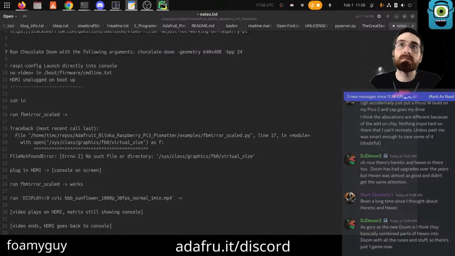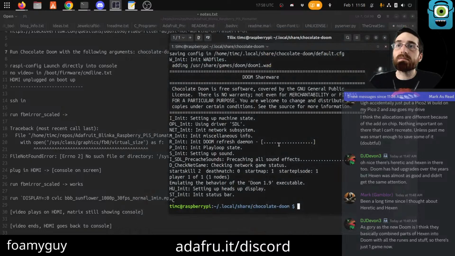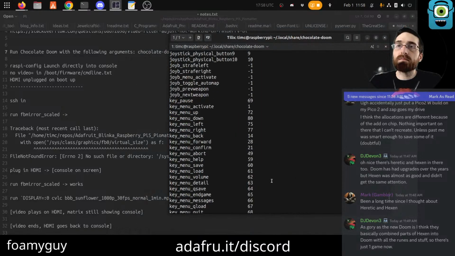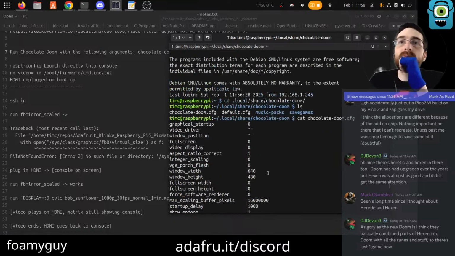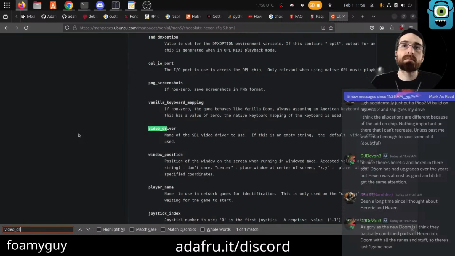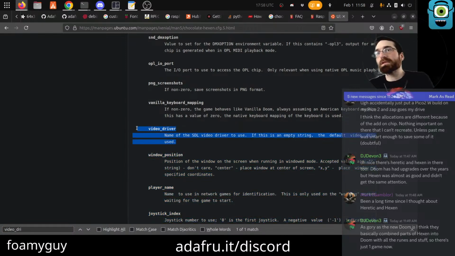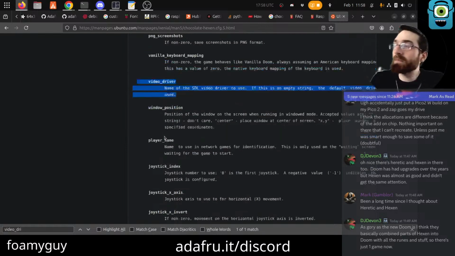Video driver? Video driver. Name of the SDL driver. If it's an empty string, the default driver. Something to look into later. Maybe there's a way to make that redirect to frame buffer or something.